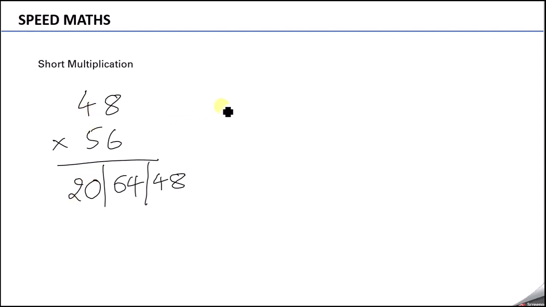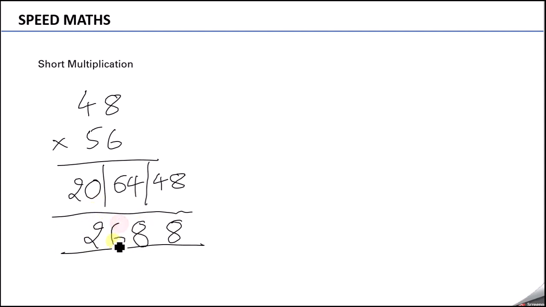So you will move from right to left in the manner: first take the rightmost, then take cross multiplication of 4 into 6 and 8 into 5, and then the last one is the leftmost, 4 into 5. Now this is the only step, and we have reached the answer. The answer is 8. 4 carry over, 64 plus 4 is 68. 6 carry over, 20 plus 6 is 26. So this is your answer.